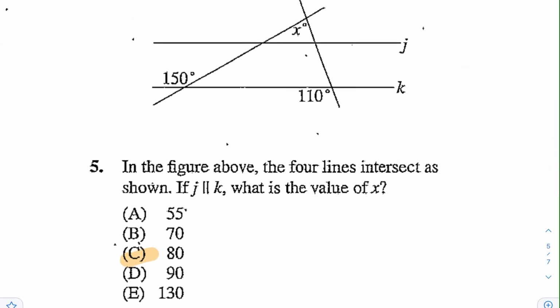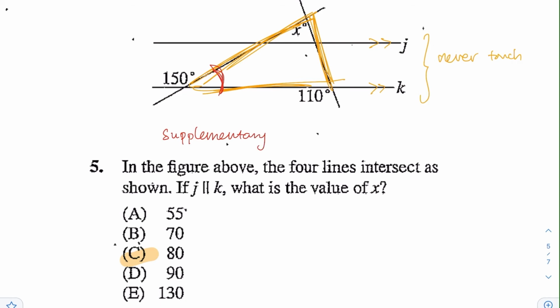Next one, number 5. In the figure above, the 4 lines intersect as shown. If J is parallel to K, then what's the value of X? So parallel means that they will never touch. And we have the setup for a lot of angles that can actually help us out. To solve for X, you can see that X is part of a triangle, and you can solve to get the supplement. So a supplementary angle